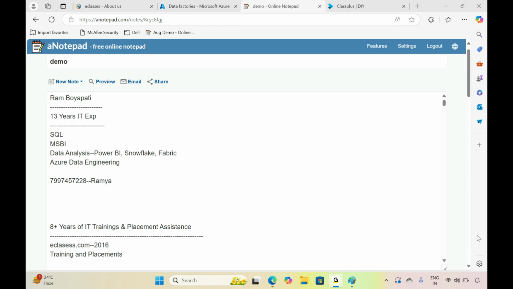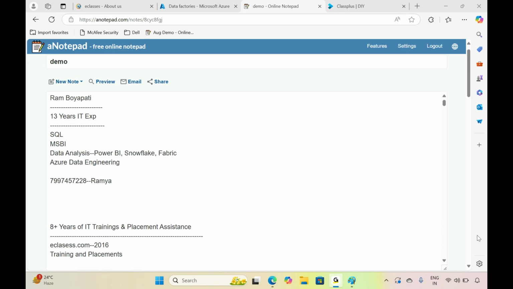In the market, this Azure data engineering is very trending currently. If you want to identify how much demand it has, you can simply go to Naukri or any job portal and search for Azure data engineering jobs. You will find plenty of jobs. Especially inside Azure data engineering, Databricks is the highest demanding part.